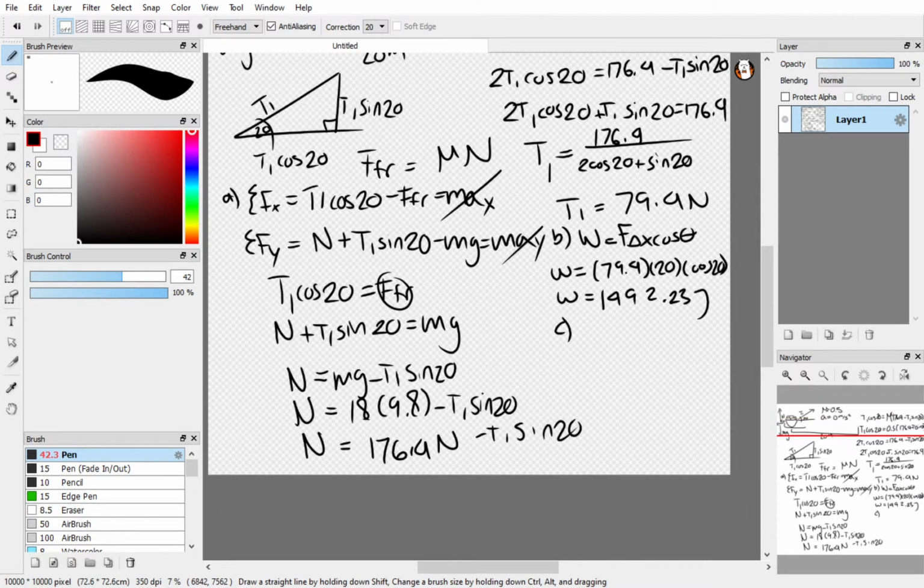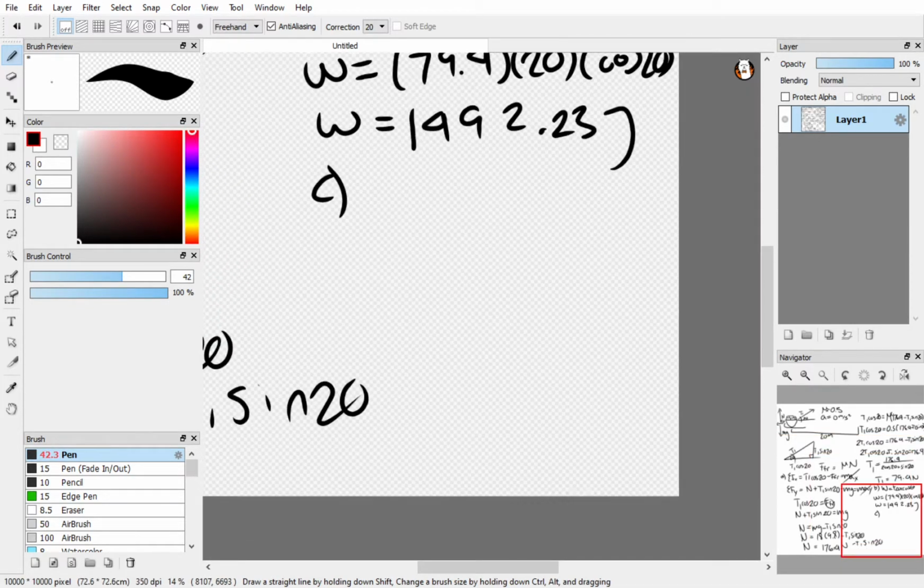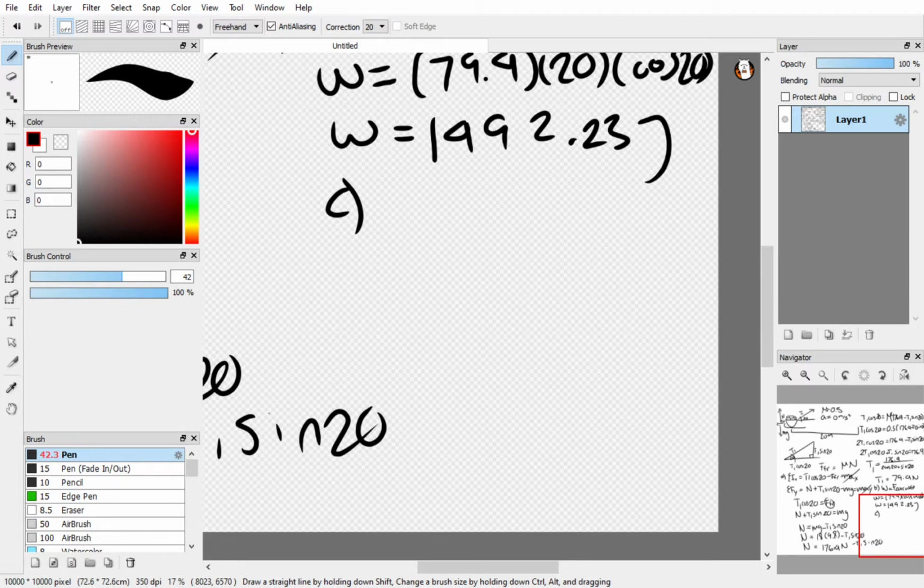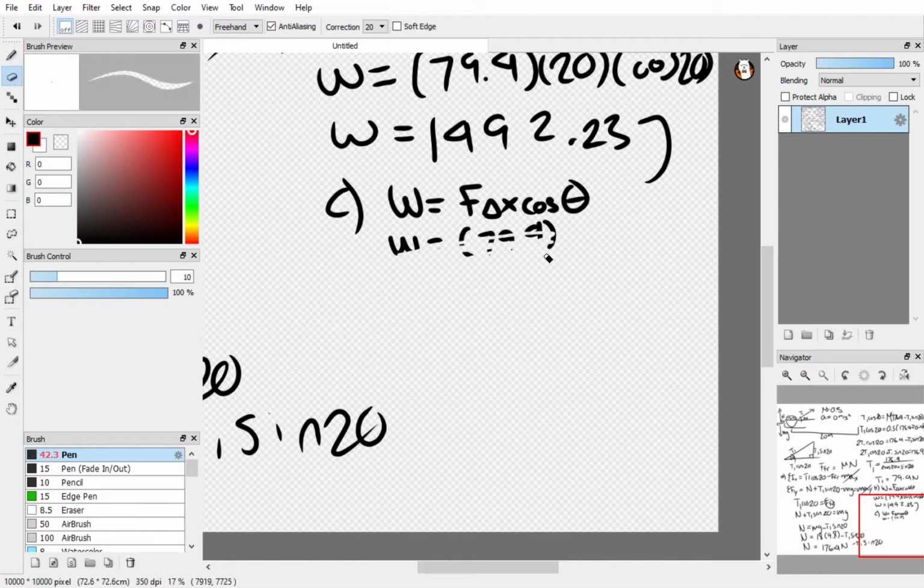And then for part C, we're going to bring back the equation W equals F delta x cosine theta. So work equals 79.4. Actually, we're not going to do that. What we're going to do is